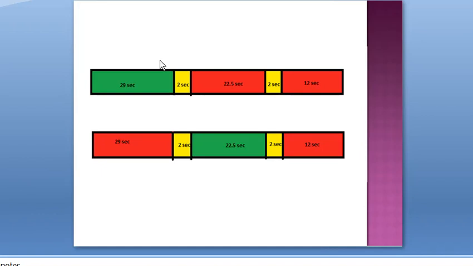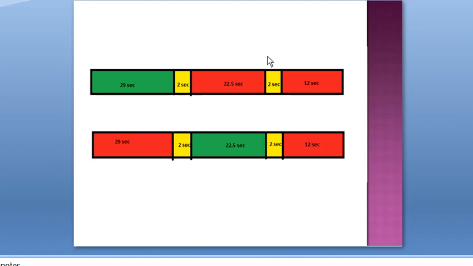Here it is specified that in this signal we have to provide time for pedestrian crossing. We can provide this pedestrian crossing at the end of all the signals. After the red and green we can provide the pedestrian crossing signal, because if it is provided last, we can provide the pedestrian crossing time at the same time for both the roads. So for roads A and B we can provide the pedestrian crossing time at the same moment, starting at the same moment. So the pedestrian can use either road A or road B.